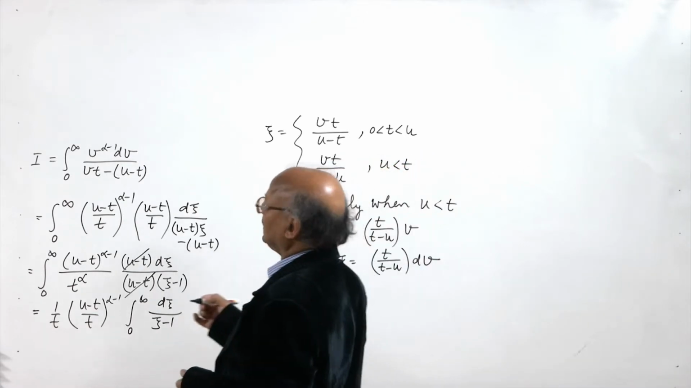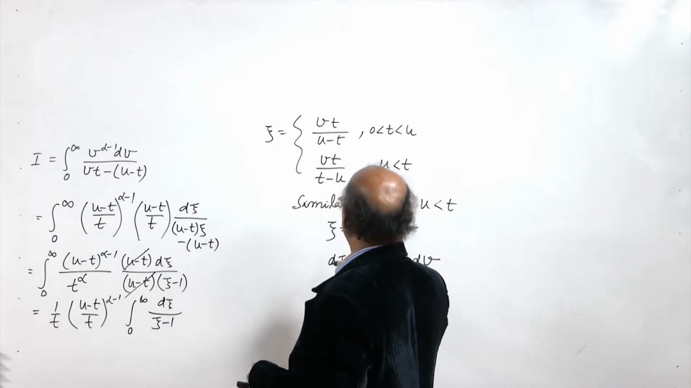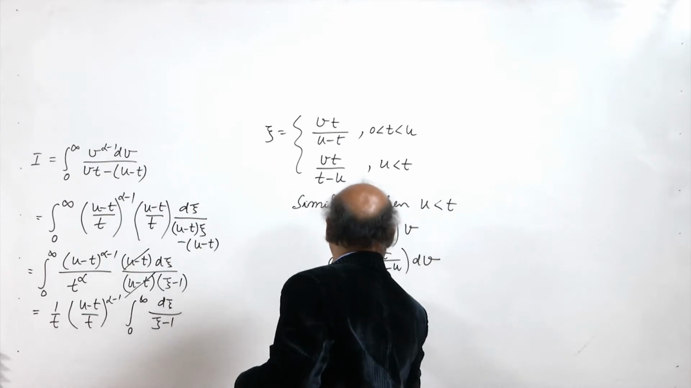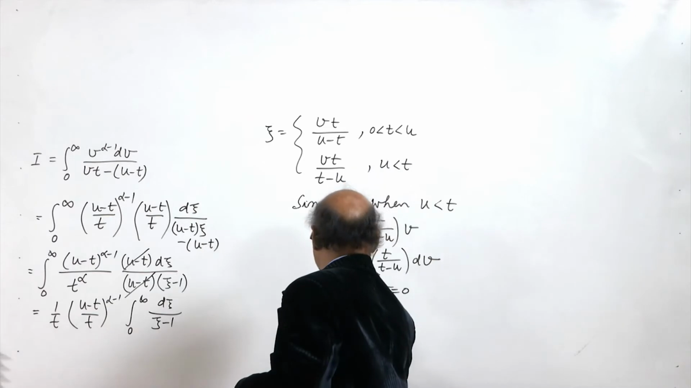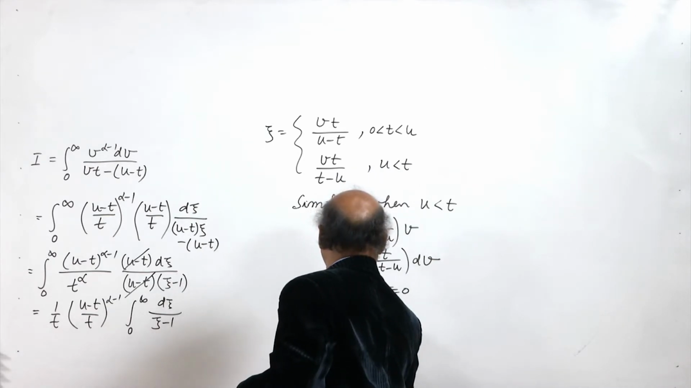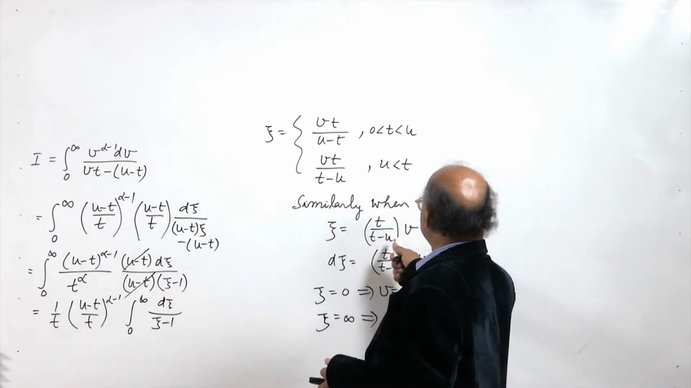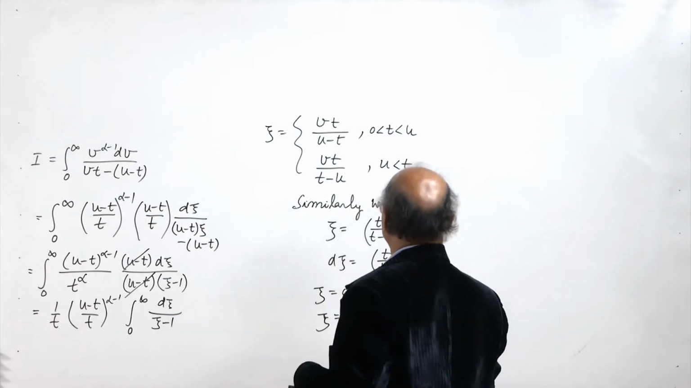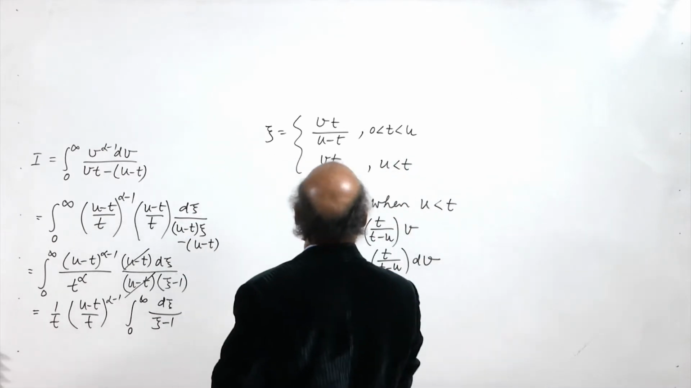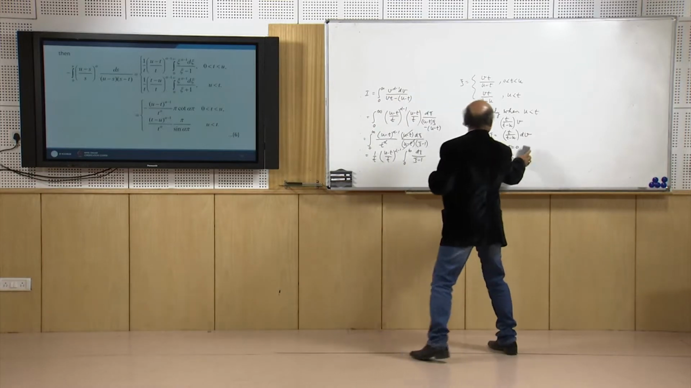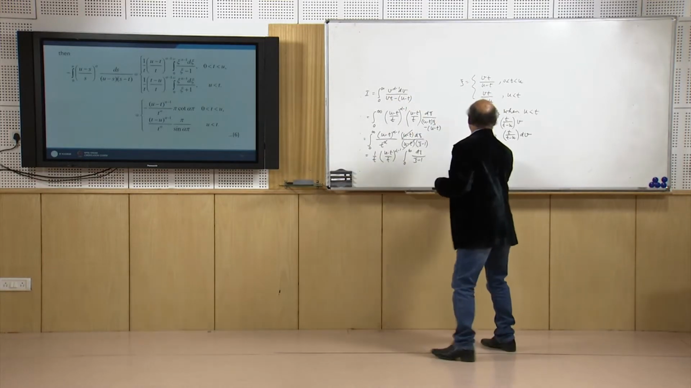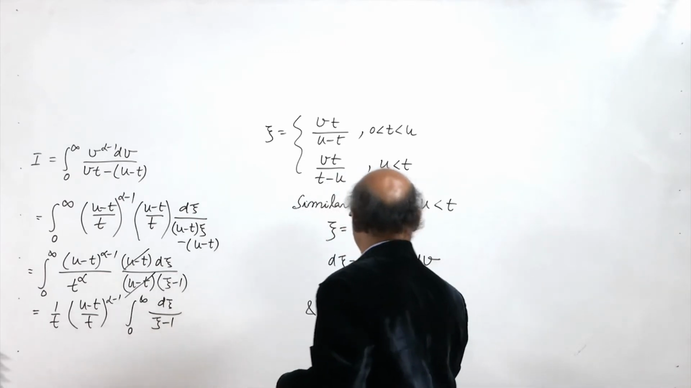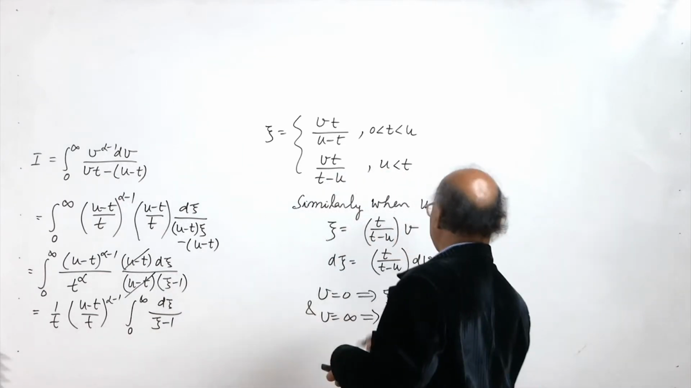Further, when xi equal to 0, so we are writing the value of I now for the case when u is less than t. So xi is equal to 0 gives you v equal to 0 and xi equal to infinity. Now when u is less than t, t upon t minus u is a positive quantity, so xi equal to infinity gives you v equal to infinity. v equal to 0 gives you xi equal to 0 and v equal to infinity gives you xi equal to infinity, and hence